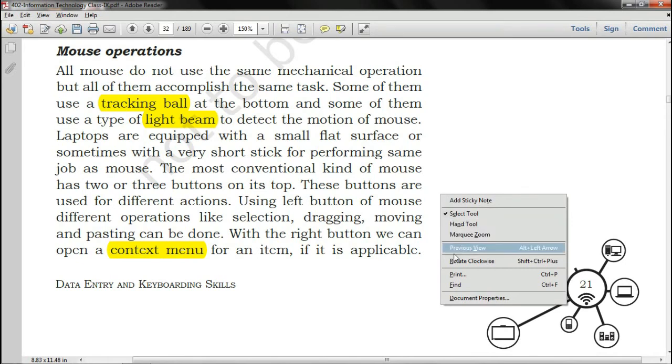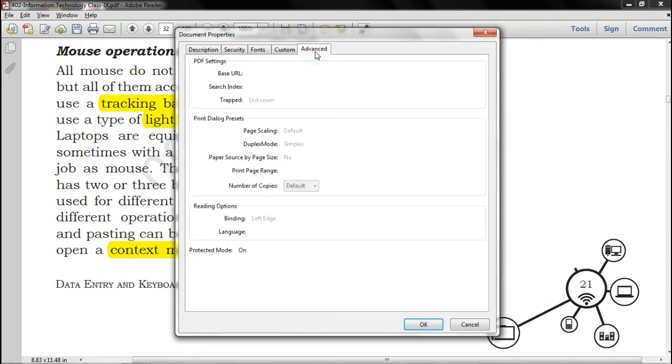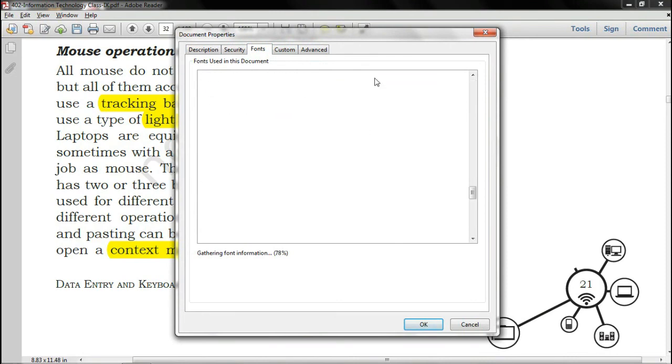Rotate clockwise also has a shortcut. Print, find and document properties. In the document properties there are security, font, custom and advanced. So these fonts are being used here, which means they are installed in this system.